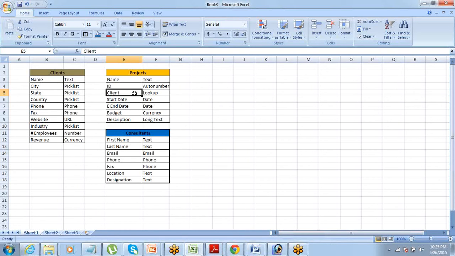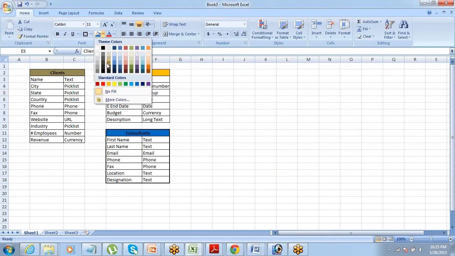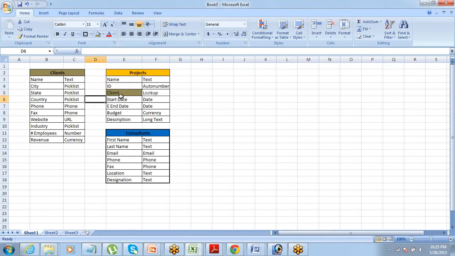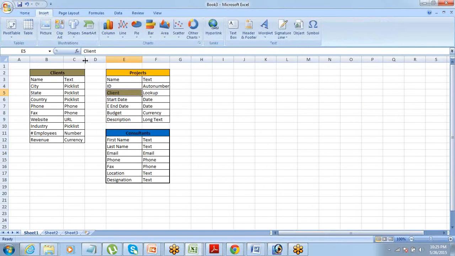Now this client object is connected to this client object. There's a lookup field, right? This client field and project is connected to this. Or you can just use a small line to do the connection.